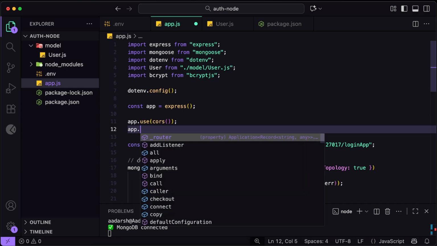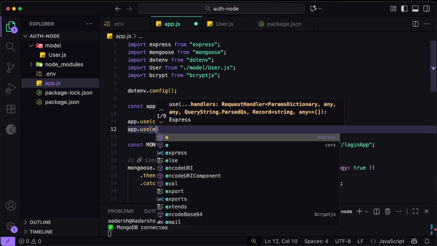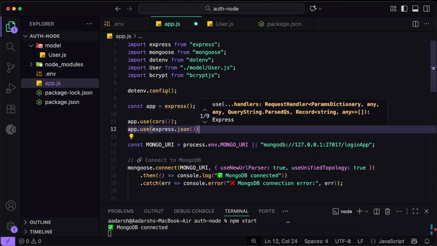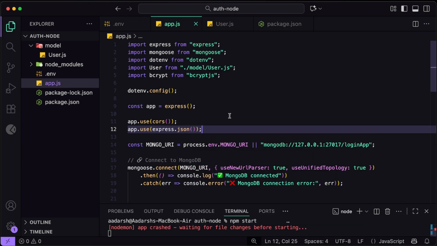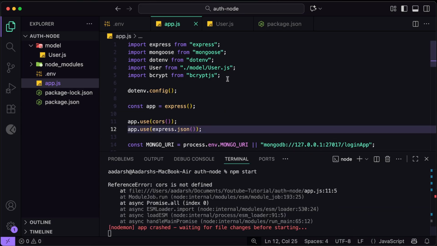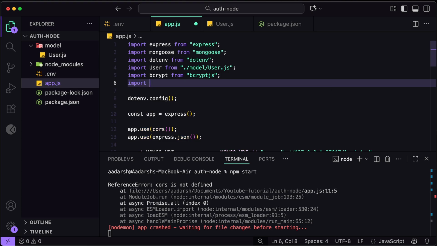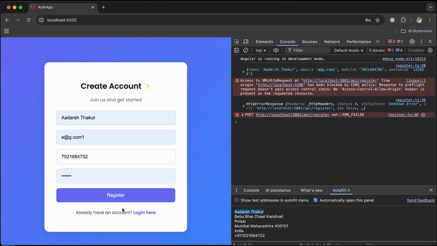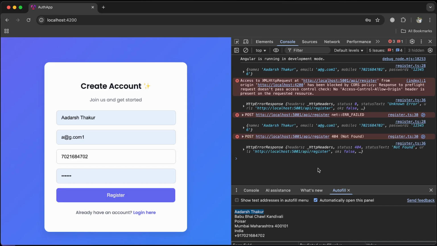Along with that, we also have to use one middleware, which is express.json, because we are passing JSON data. If we don't use this, then we will get an error. So make sure to add both of these. Okay, I'm getting cors not defined. That's totally fine. I will just come here and just import the cors. Okay, let's save this. Yeah, it is running. Let's go there. Click on register, and I'm getting